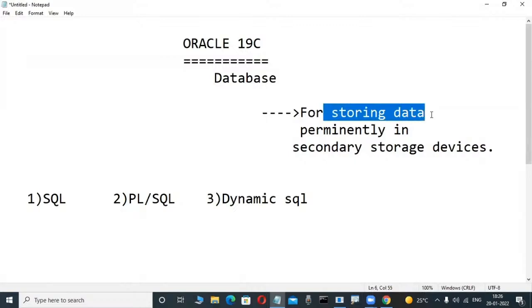They are thinking, okay, first-time newcomers, that in the backend they are only storing data. But that is absolutely wrong. Not only storing data, there are so many things. Databases mean not only storing data, but also efficient retrieval of data is